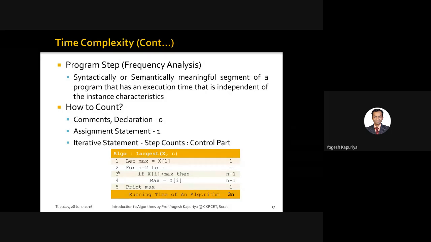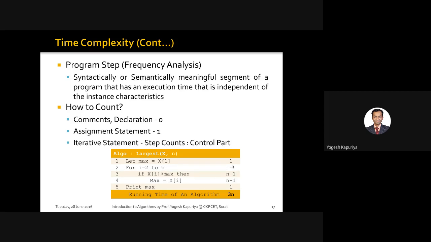Now let us go to step number 3. First you need to observe that it is inside step number 2. That means it is inside the loop. So whatever is there inside this loop will be executed n minus 1 times, where this is my value of n.